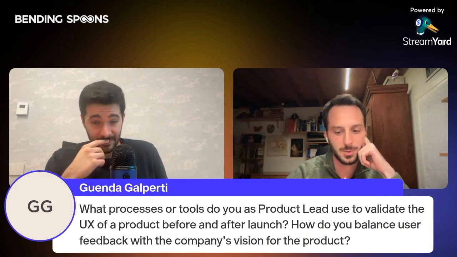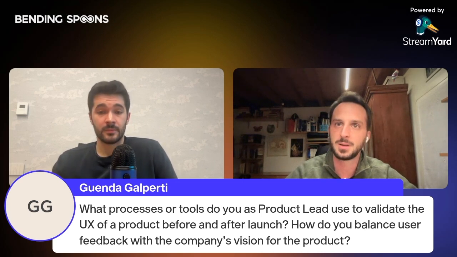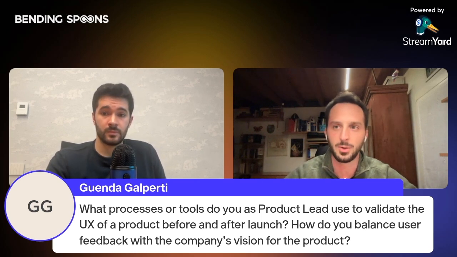Okay. So to validate the UX, we do different sorts of things. The first thing we do is we try to think very hard about what we are designing, which is, of course, maybe something some people take for granted, but I think it's the first step to come up with something good or great, even better. And then we often have usability tests. So we try to get somebody at Bending Spoons who didn't work on the design of that new feature or new initiative to try it on their device and see how they interact with it, if there's something that's not clear or if they are confused by some aspects of it, and so we have this process of trying to understand where there might be hiccups in the experience,